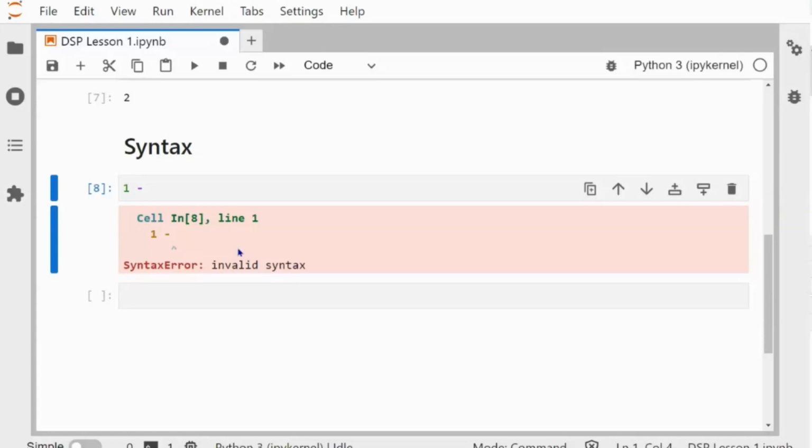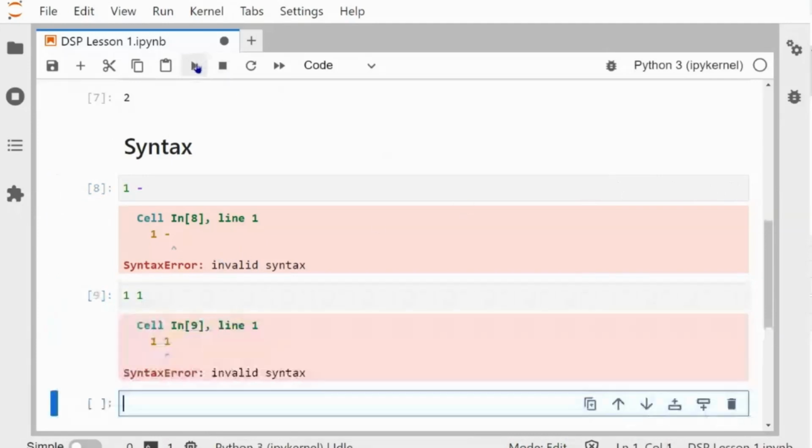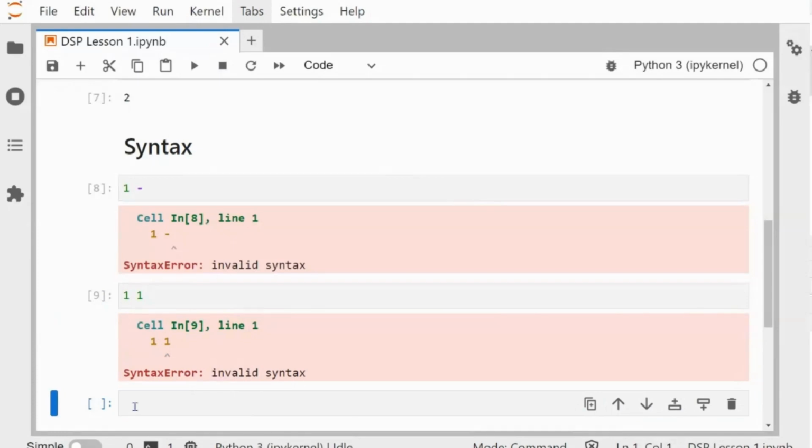So that's great. Another syntax error you could get here is from typing 1, a space, and just 1 on that. Yeah, it's another syntax error again. So just be mindful. This is something that you can encounter and you just have to fix the syntax here. Another error that we talked about is semantic error.